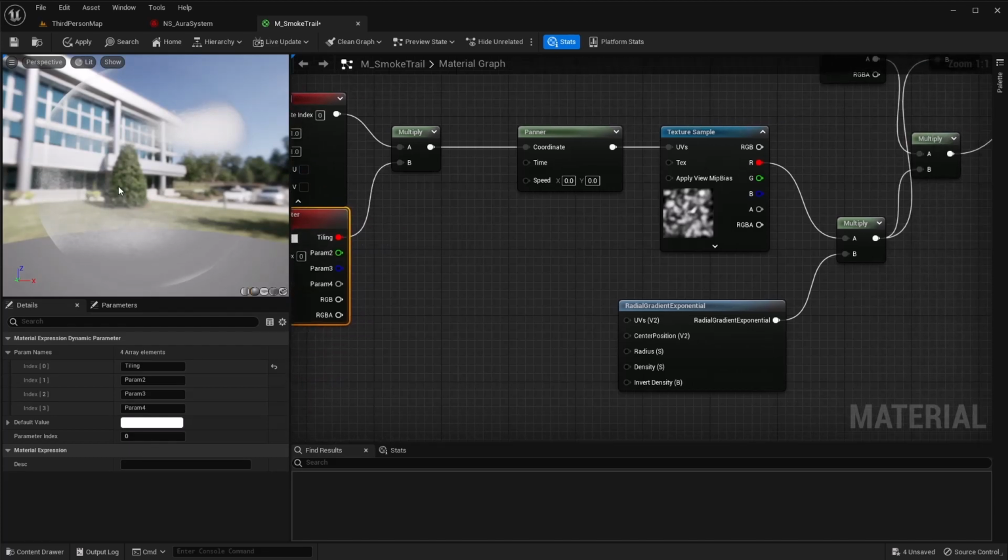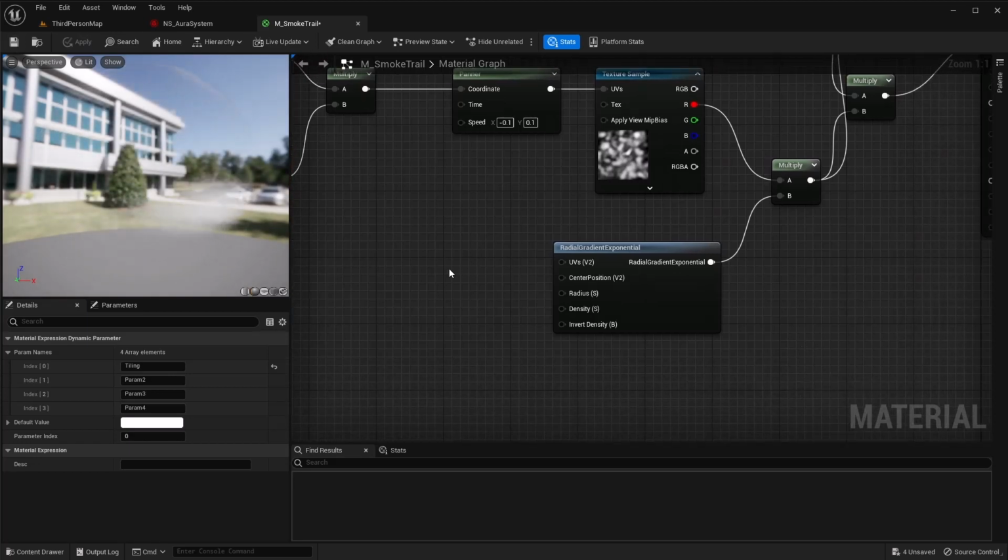The next thing we want to do is actually change the way this is panning. We don't want it just to be static. We want it to move. So I'm just going to give it a number in the Y direction so it looks like it's going up. But you could do variations of this. You can do negative numbers to make it go the opposite direction. I think for now, I'm going to leave it just like this, and we'll see if we want to change that as we go.